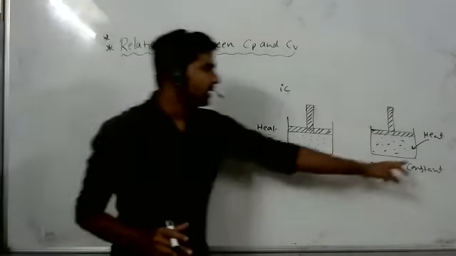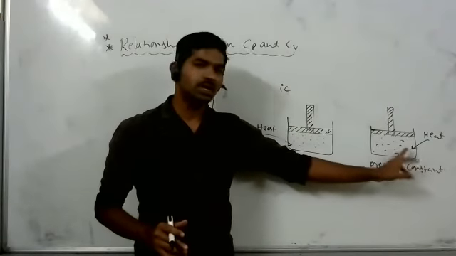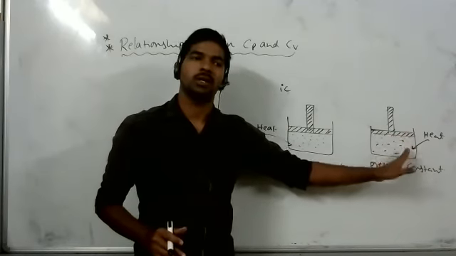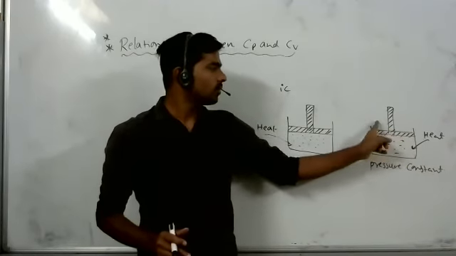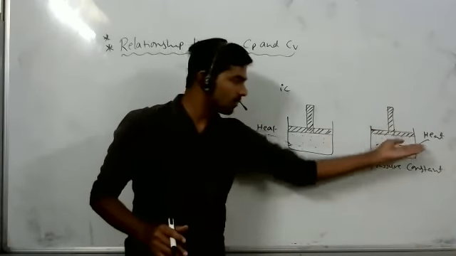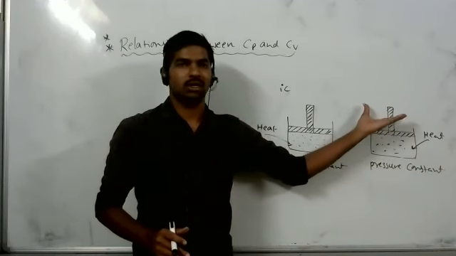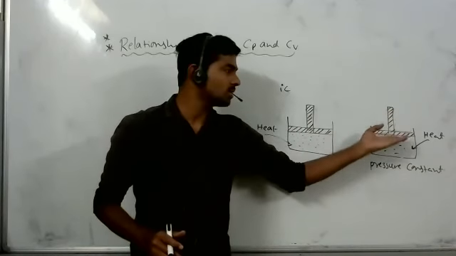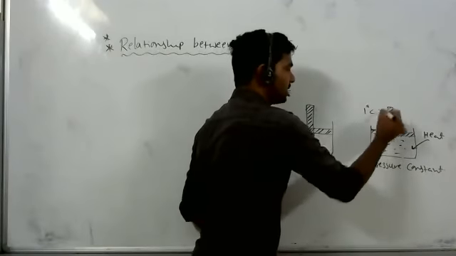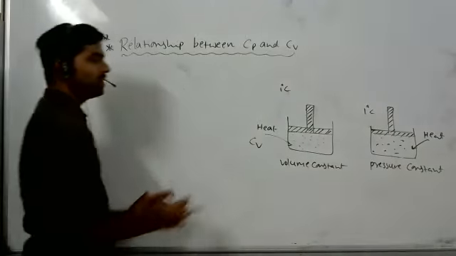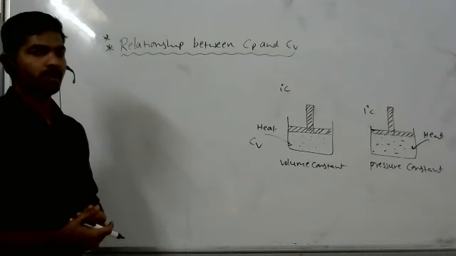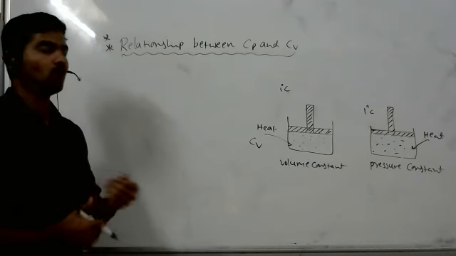Yeah, listen. Here heat is supplied to the system. That heat is useful to increase the internal energy and the temperature of the system. First of all, the temperature increases, then automatically the internal energy increases. Then here we kept pressure constant, so the volume of the system also increases. We are supplying heat, the gas undergoes expansion, then the piston also moves upward. So some work is also done in this case. Now tell me, here also we are raising the temperature by 1 degree centigrade. In which condition do we need to supply more heat?